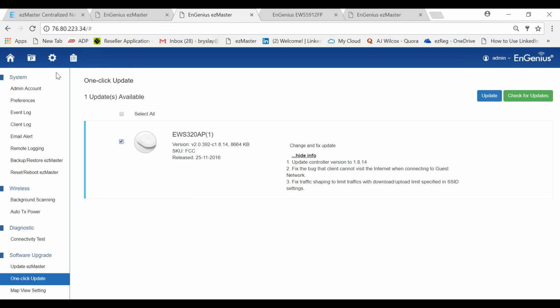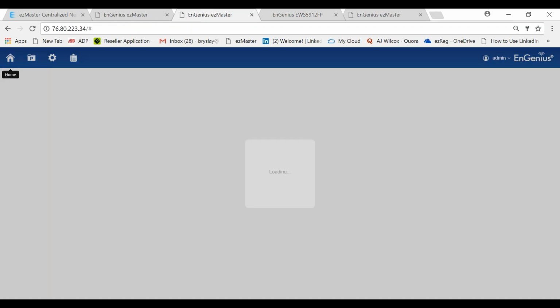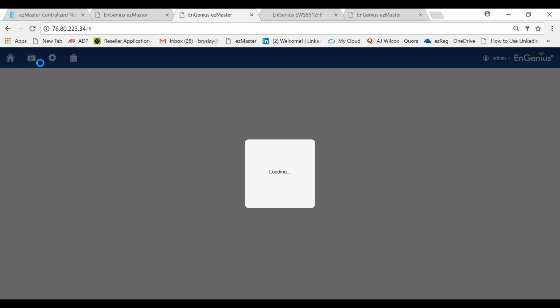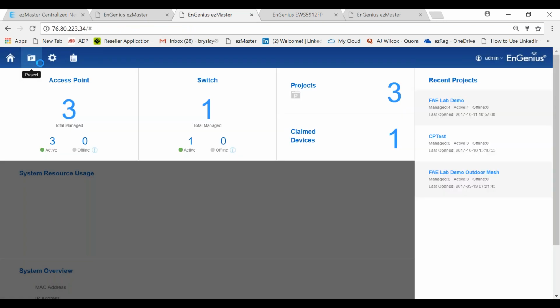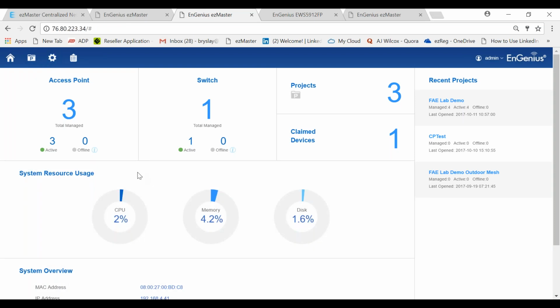For troubleshooting purposes, the dashboard is probably one of the best things because it gives you a quick view of your network. It allows you to quickly understand your inventory of all your access points, all your switches.